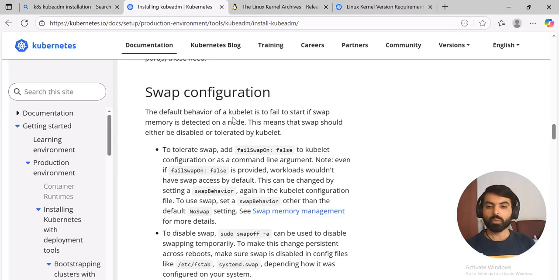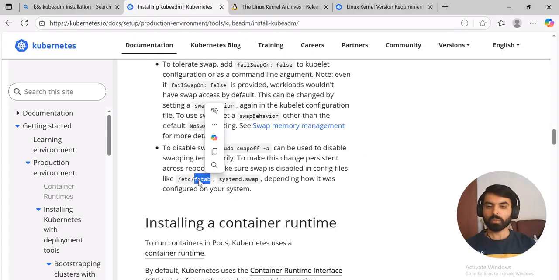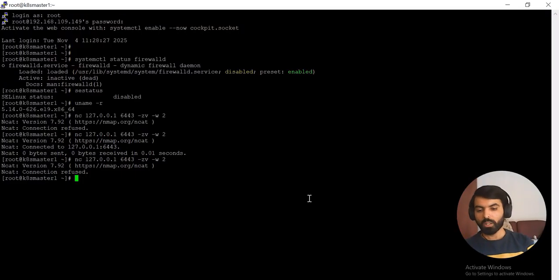Kubelet has a requirement that the swap should be off. And if you want to tolerate it, that means if you want to keep it on, in the kubelet configuration we can pass failSwapOn to be false. But still, if we make this false, the node will not be able to access the swap. So better we stop the swap. Okay, we remove it from the fstab, file system table, and also